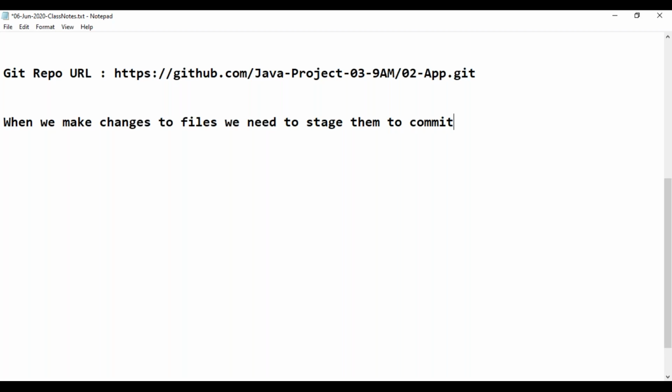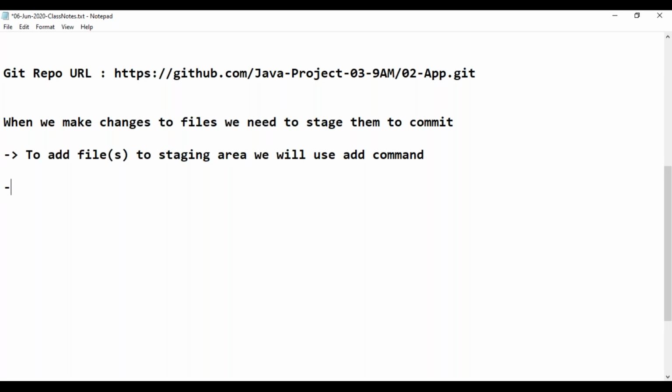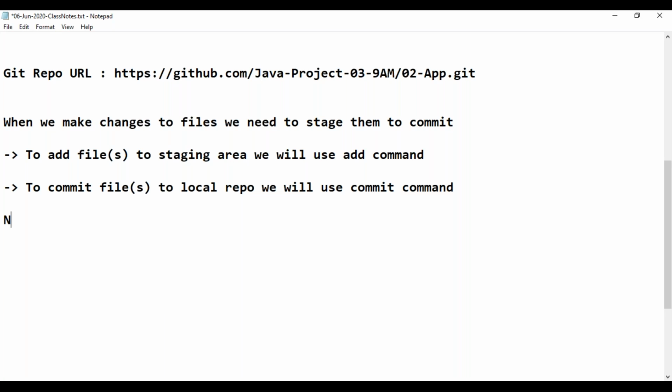To stage a file, to add a file to the staging area, we will use the add command. To commit files to the local repo, we will use the commit command. We should provide a reason for the commit.